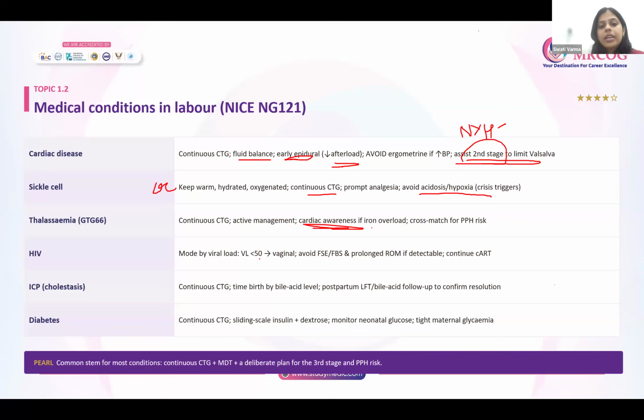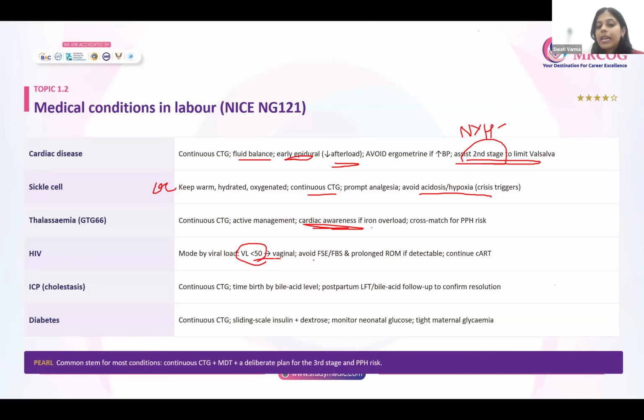Then comes HIV. In HIV, we all know the viral load criteria is important. Mode will be decided through viral load only. If less than 50, go for vaginal delivery safely. However, if more than 50, or if not on ART, meaning viral load is not maintained at low levels,